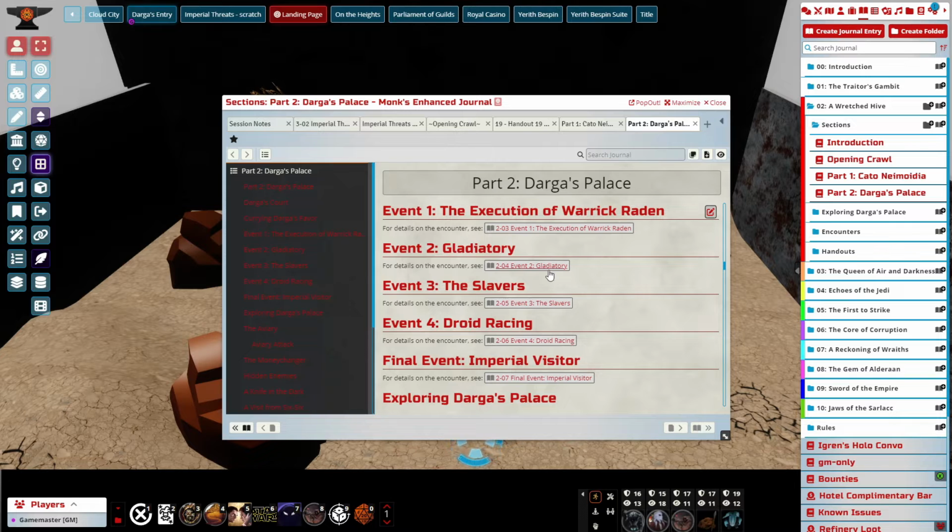Event 2, we have the Gladiator Arena. There is a couple options here. They can bet on gladiators in the arena. This is where you can introduce some of the Hutt's